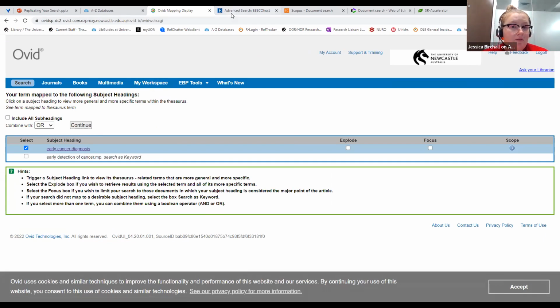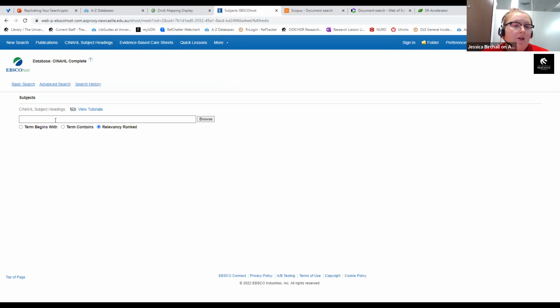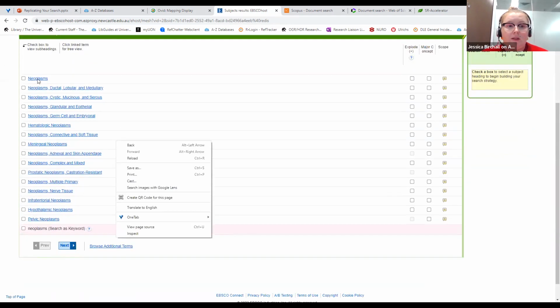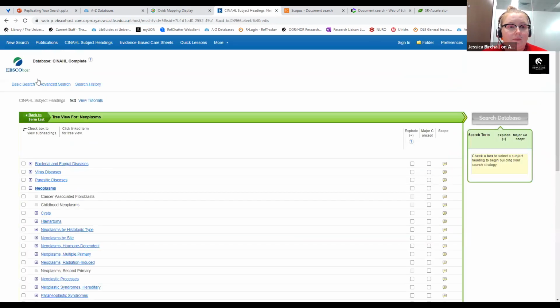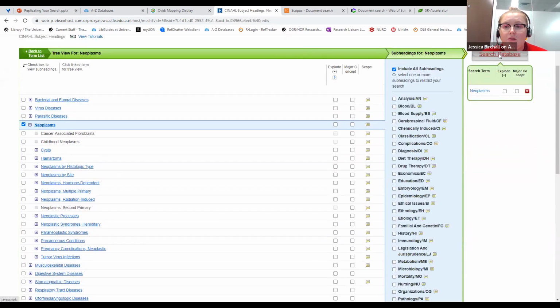So for CINAHL, we'll do the same thing. So to find subject headings in CINAHL, you can do it a couple of different ways. You can tick to suggest subject terms. You can go to the subject headings here. And same thing, you just want to double check, is there the same subject heading? So we can see here neoplasms. And if we add it to our search,